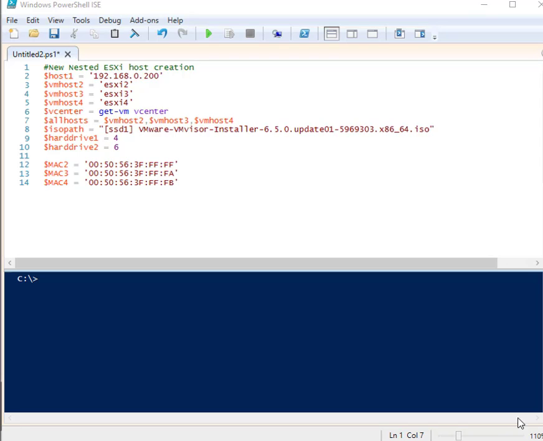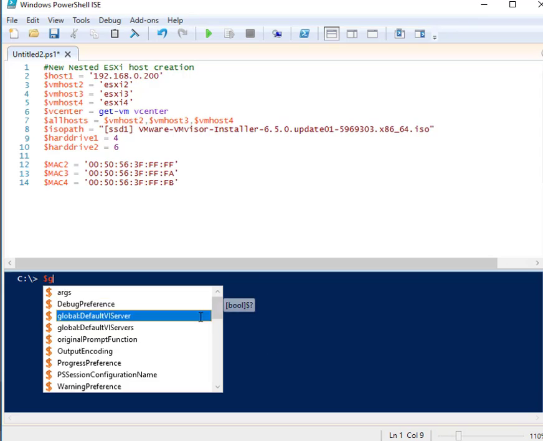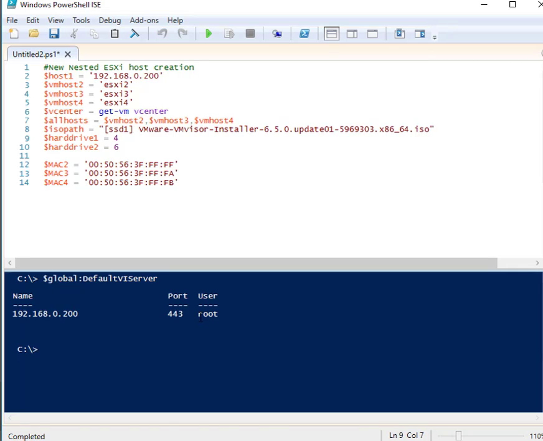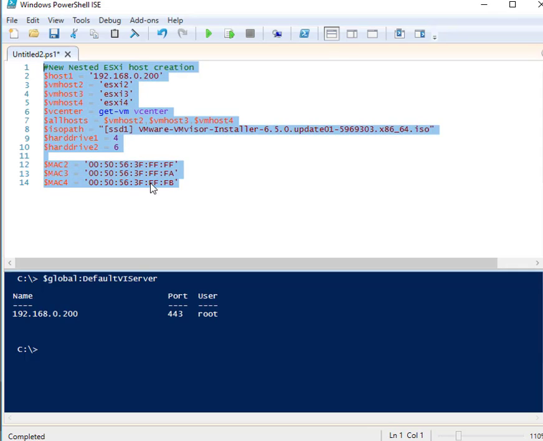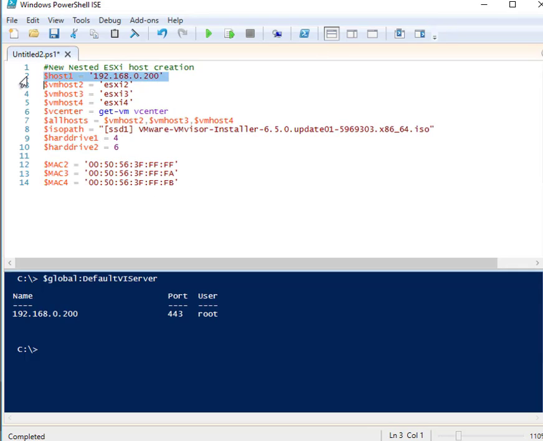So let's get started. Currently I'm connected to my local ESXi host here at home, which is this IP address. And here at the top we have a few variables that are already set: the host name of my ESXi host, the 3 nested ESXi hosts that we're going to be setting up, a Get-VCenter, a variable for all of our ESXi hosts, the location of my